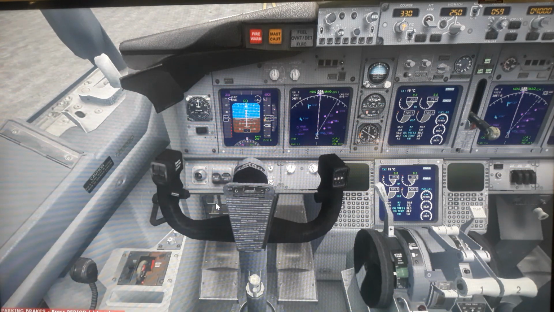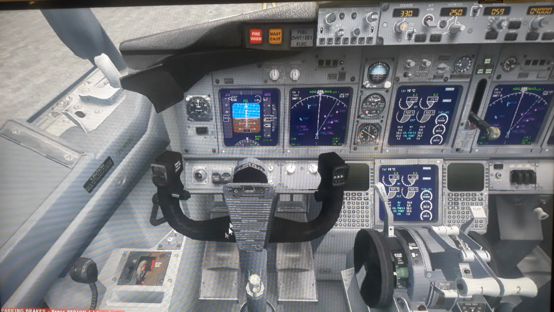So you see the rudder pedals are moving left, right. That's how you keep your plane in the center line of the runway. This is the tiller, which is used for, let's say, a sharp turn. You have landed, you want to exit the runway and go to the parking bay, you need to take a sharp turn. So you turn the nose wheel, not the rudder. This is only given on the captain's side, and captains are only entitled to use them. That is the protocol. So this is called the tiller.